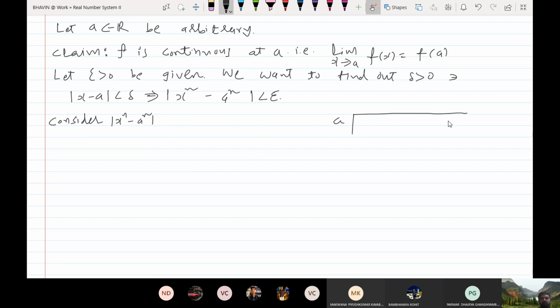So now here I will write down the coefficients of the powers of x. The first term is x raised to n, and its coefficient is 1, so I will write here 1. Then x raised to n minus 1: since there is no such term, its coefficient is 0. Similarly, there is no term of x raised to n minus 2, so its coefficient is 0, and so on. The constant term is minus a raised to n. So here I should write first of all 0.